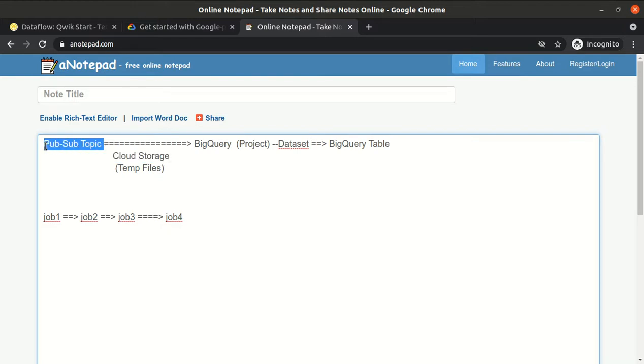And as part of this lab, we have to create the PubSub topic as well. There are two options here: either we create our own PubSub topic and put some data into it, or we use a public PubSub topic that is available. As part of this lab, we will use the public PubSub topic, then use the template and load the data into the BigQuery table. So that's the overview. Let's start.